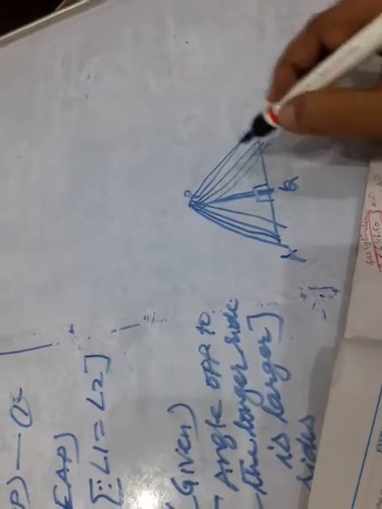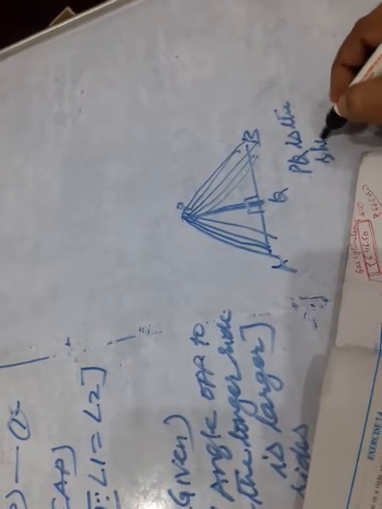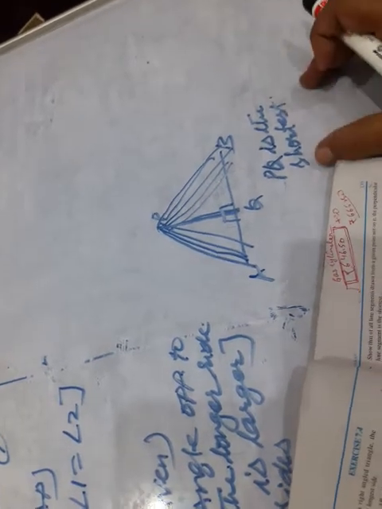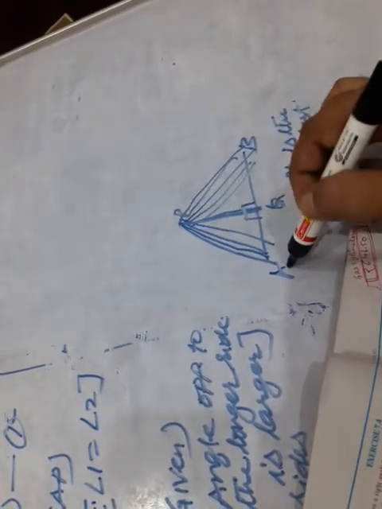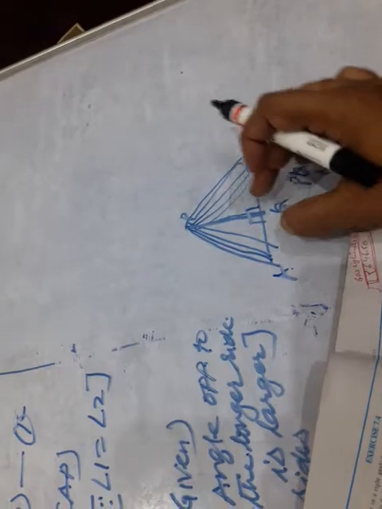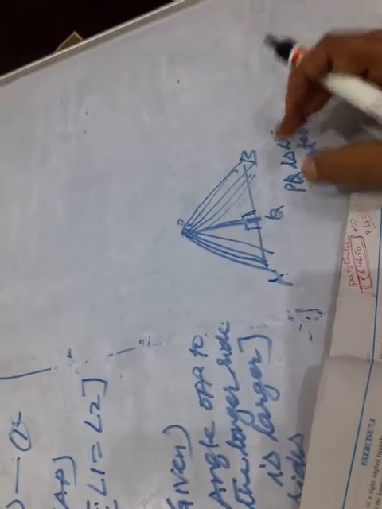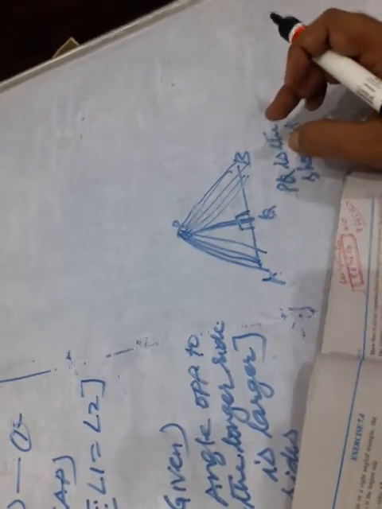Let it be PQ. Then we will see that PQ is the shortest, and that is what we have to prove. Children, we have to prove that PQ is less than PB, PQ is less than PA, and PQ is less than all other lines drawn from point P to line AB. Why? Because this is the perpendicular distance between P and AB. And we must know that perpendicular distance is always the shortest distance. Okay children, now let us move to the question.